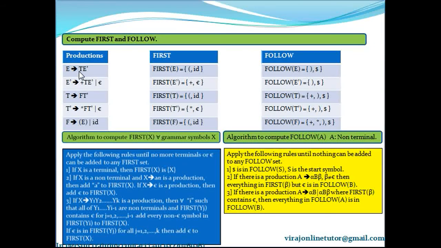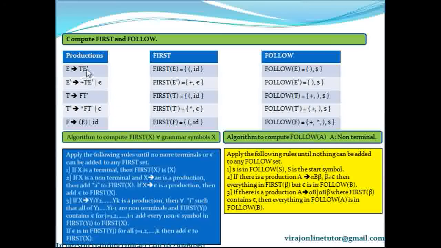Alpha is empty here. What is the condition here? Only beta should not be empty. Alpha definitely can be empty. It may or may not. It's not that it should be empty. So alpha can be anything. It can be empty also. But the constraint over here in rule 2 is beta should not be empty. There should be something in place of beta. And this B is obviously a non-terminal. So let's apply that rule here. Rule 2 is applied here.